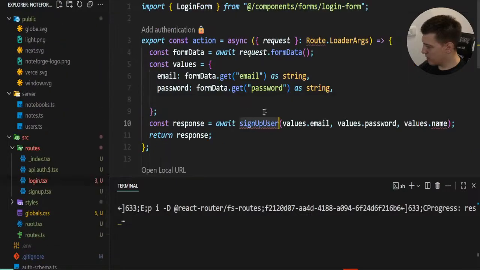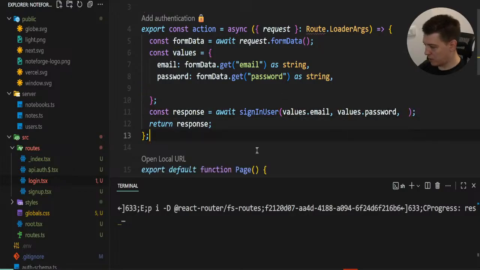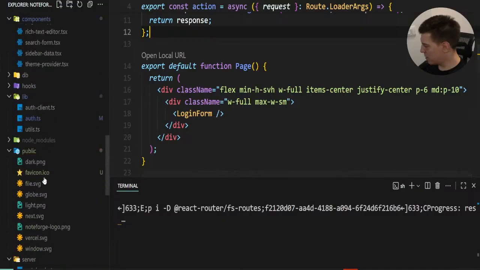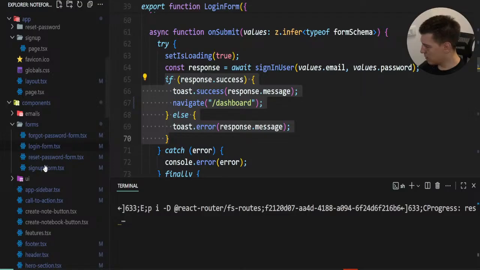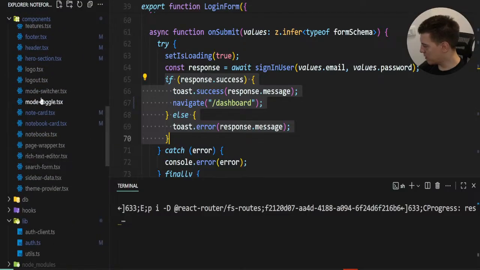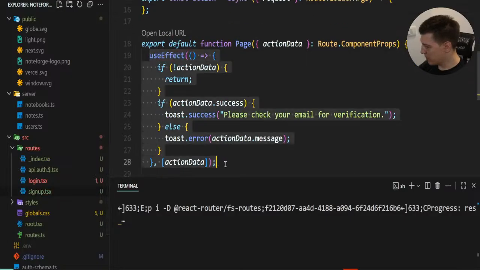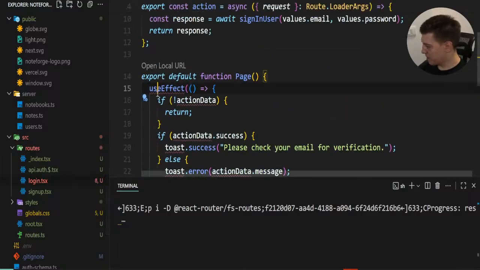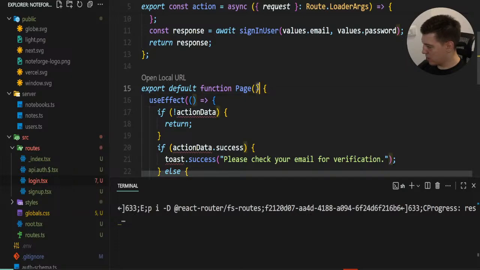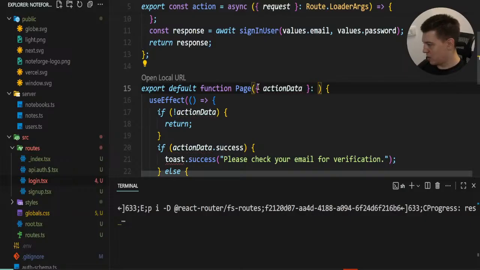And we go back here and we do sign in user, and we kill this and we save this. I think does this do notifications as well? Okay, it does. So basically we need the same as the sign up form. So we're gonna go to sign up, we're gonna copy this, we're gonna paste it here, and we're gonna open this up, and we're gonna do route component props,